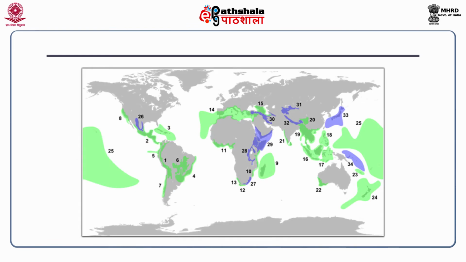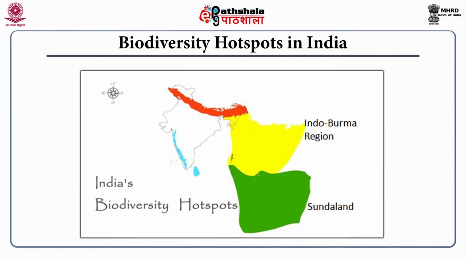There are a number of hotspots in the world, out of which 4 are in India. The 4 hotspots in the Indian subcontinent are the Himalayas, which was added later. The original 3 hotspots were the Western Ghats in South India and the Indo-Burma region, that is northeast India, including the island of Andaman and a little bit of the islands; the Nicobar island is part of the Sundaland, which is yet another biodiversity hotspot. So, we now have 4 hotspots in India. The 4th one, lately added, is the Himalayas, including the east too, as the whole Himalayan region is the 4th